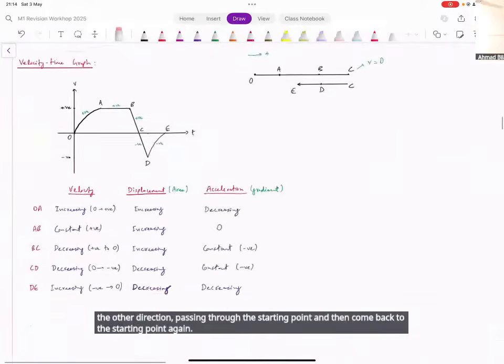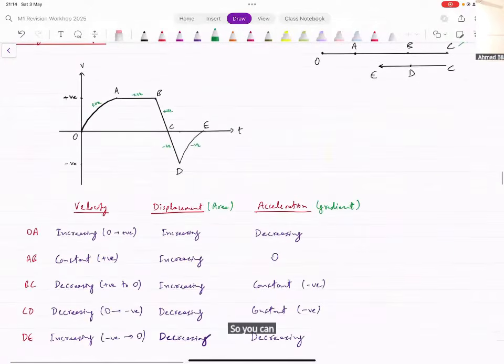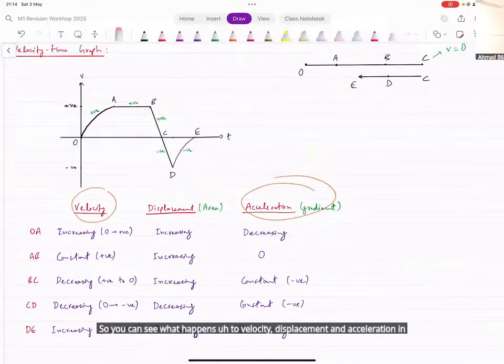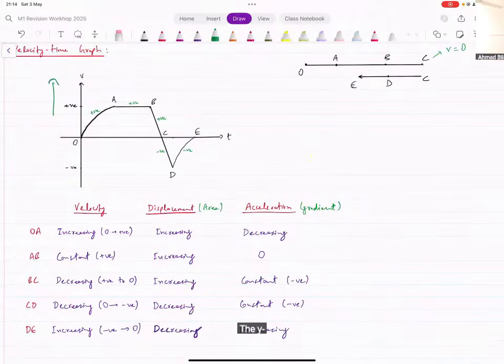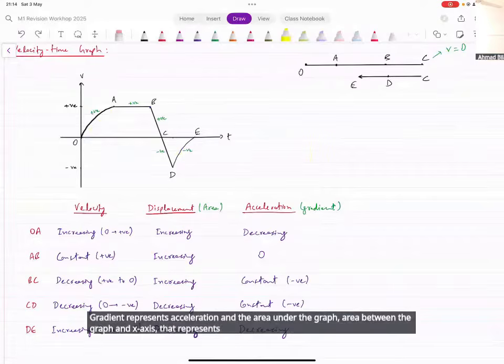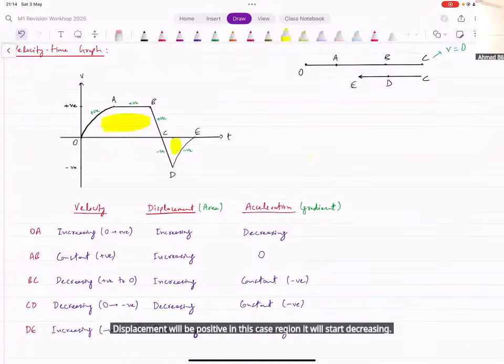Compare this with a velocity time graph that looks like this. In a velocity time graph, gradient of the graph represents acceleration. So you can see what happens to velocity, displacement, and acceleration in each of these parts here. You can have a look at this. The y-axis represents the velocity value. Gradient represents acceleration, and the area between the graph and x-axis represents displacement. Displacement will be positive in this region. It'll start decreasing in this region. It'll be coming back